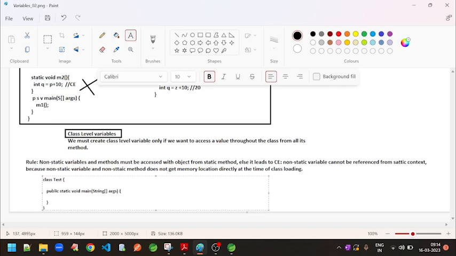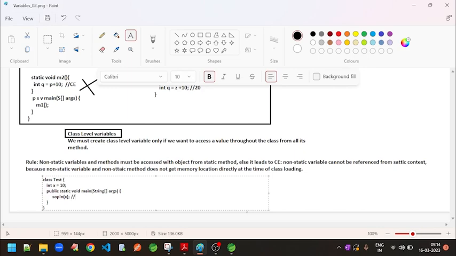Now if we define a non-static variable here, int x equal to 10, and we try to access it from the static method, like writing a print statement and accessing this variable,